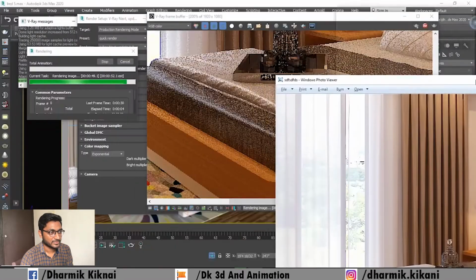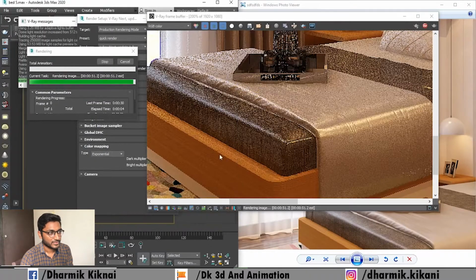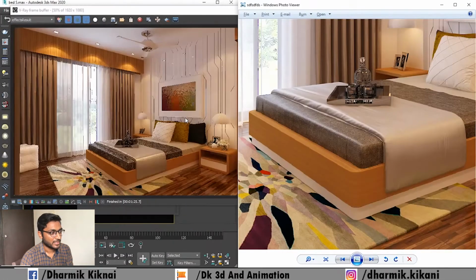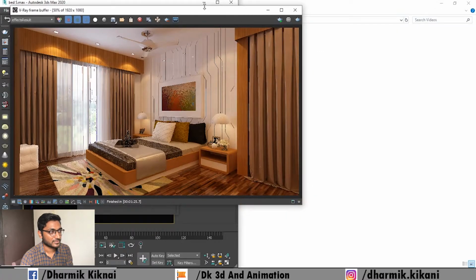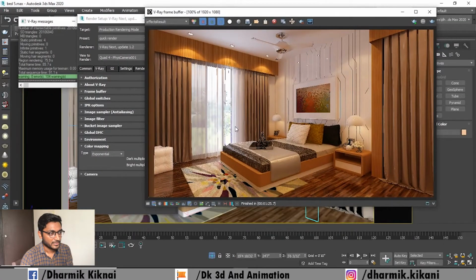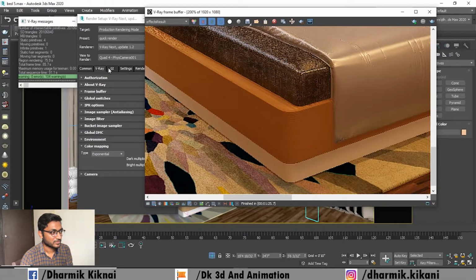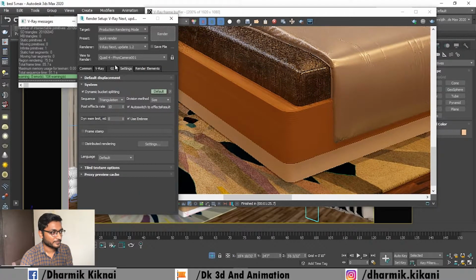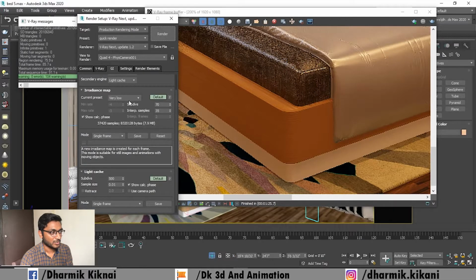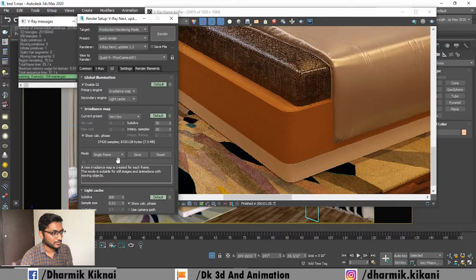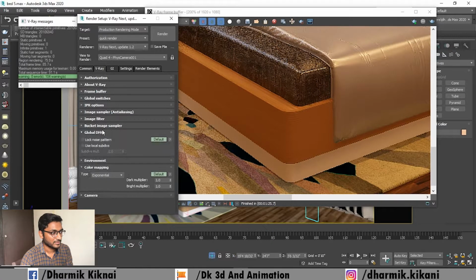As you compare both images, you can see that the render is done. And you also get denoise here because we use very low, and also light cache only 500, and subdivision is only 1.